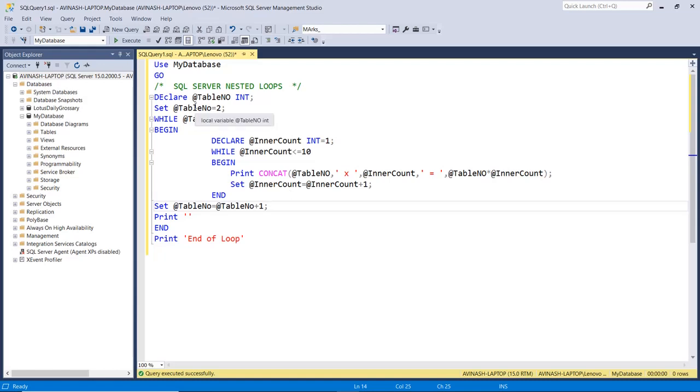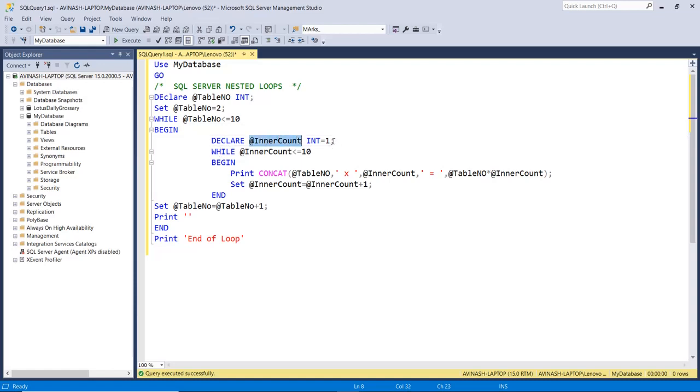First we have the initial value of table number 2, then table number less than or equal to 10. It means the parent loop will execute 10 times, and finally we increase the value of table number by 1.